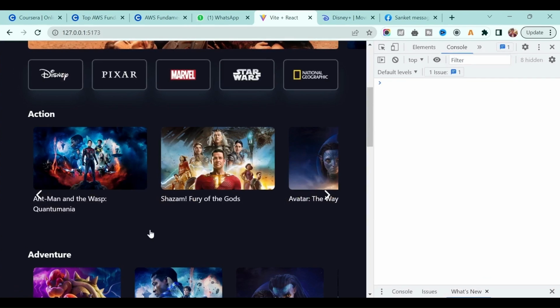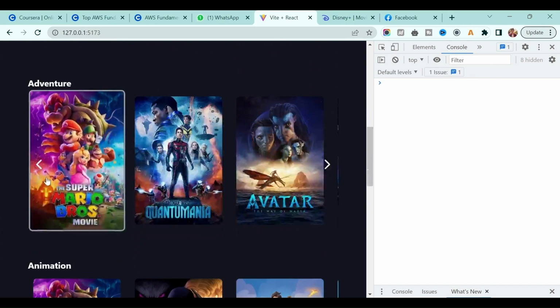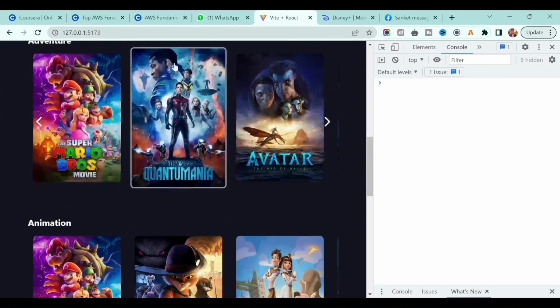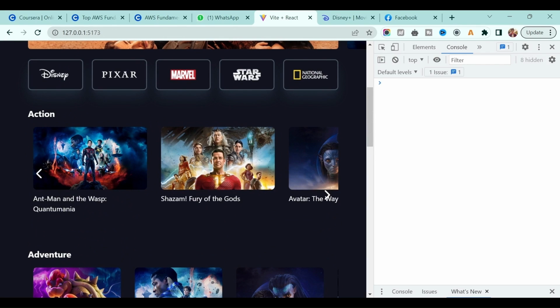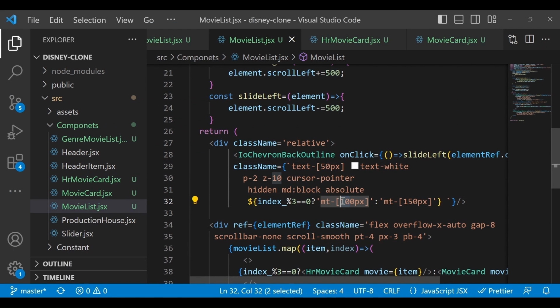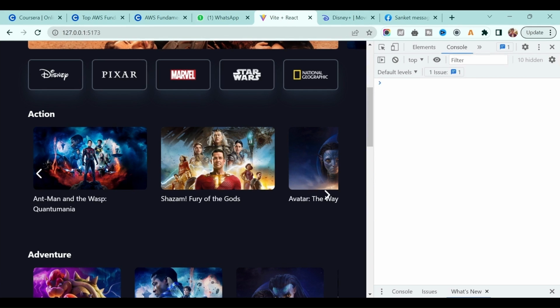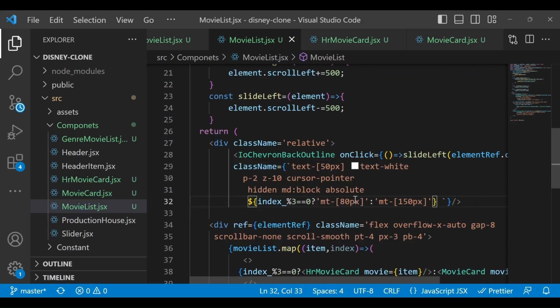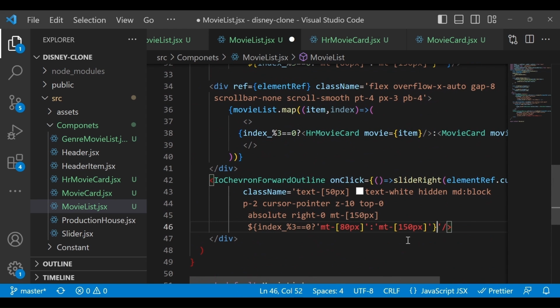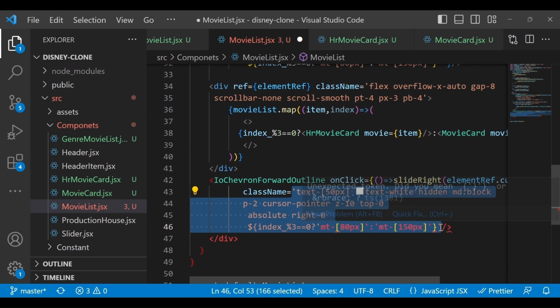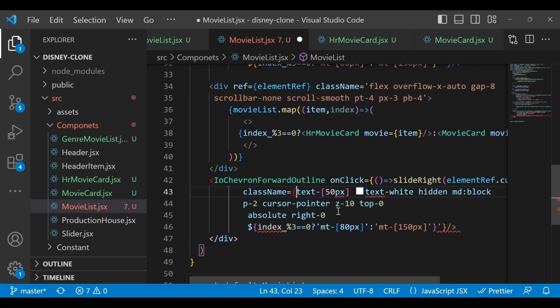So if you save it, you will see this change, right? If you see, this particular icon is coming up now, and it is only applicable for this kind of movie listing, right? So what I will do, I will decrease it again, let's say 80 pixel, and check now how it looks. Okay, this looks good. You have to apply the same class and same condition for this arrow as well. So copy this line of code, paste it here, remove this one, make sure you wrap everything in quotes and change this to this kind of code.